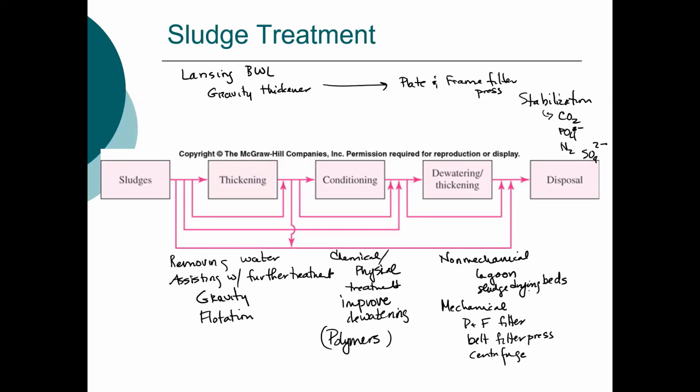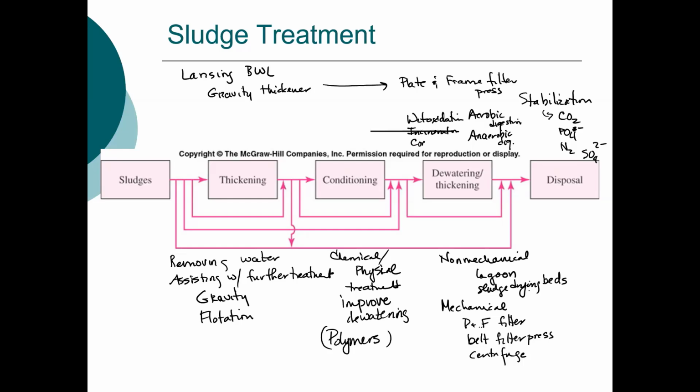So we're trying to convert all of our compounds to compounds that, one, we don't want them to smell, and we don't want them to have a significant oxygen demand. And these include aerobic digestion, anaerobic digestion, also wet oxidation,